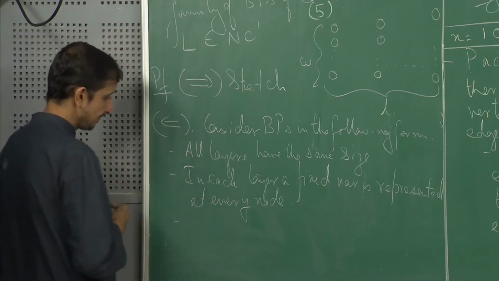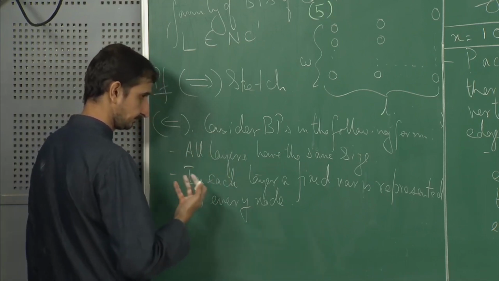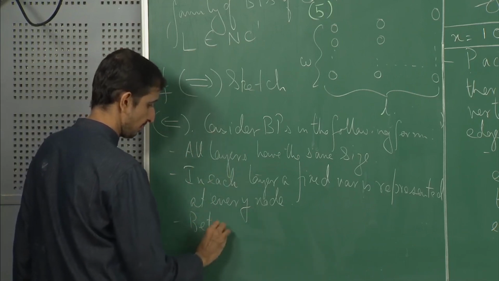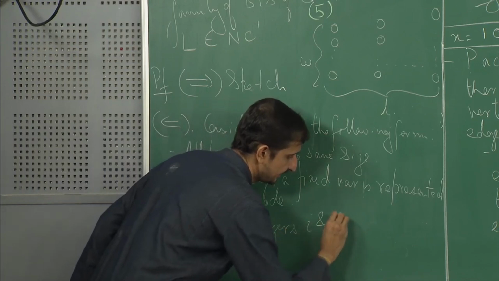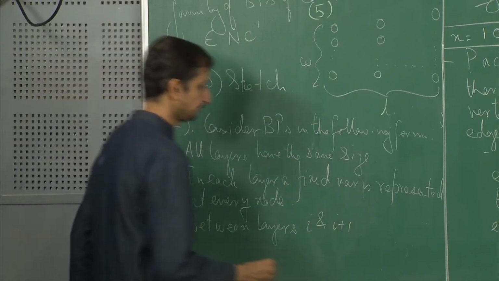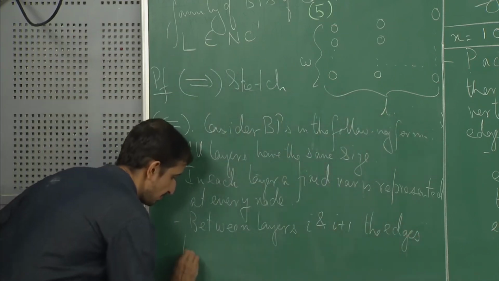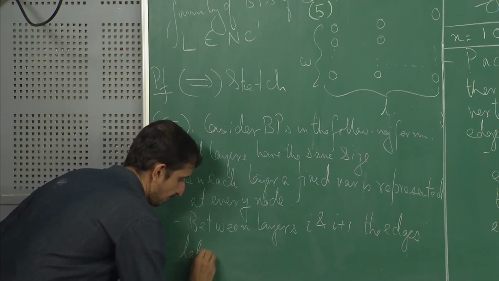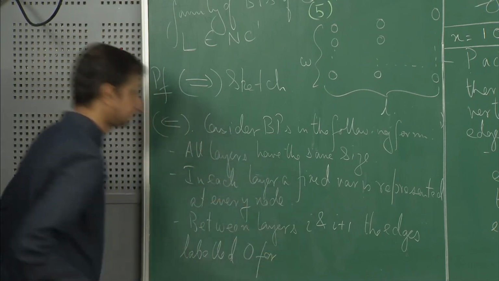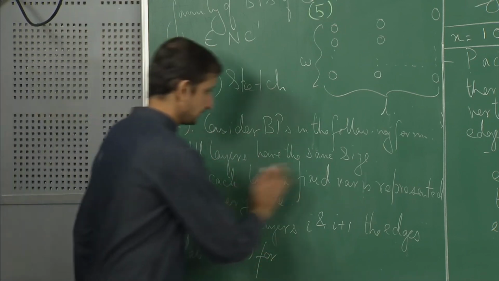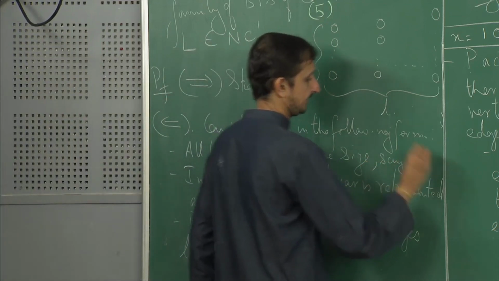And the third thing is that between layers i and i plus 1, the edges labeled 0